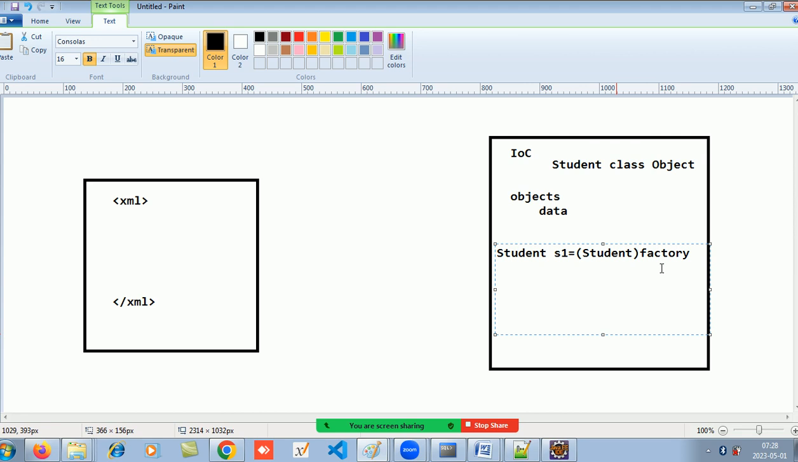अब वो स्टूडेंट क्लास के ऑब्जेक्ट का डेटा कौन से बीन में रखा हुआ है? जहां पर उस ऑब्जेक्ट का डेटा रखा रहता है, वो बीन रहती है। तो बीन उस क्लास के ऑब्जेक्ट का डेटा स्टोर करती है। तो मैंने अभी क्या बोला? फैक्ट्री से मुझे क्या चाहिए? स्टूडेंट क्लास का ऑब्जेक्ट, राइट? तो उस स्टूडेंट क्लास के ऑब्जेक्ट का डेटा कहां रखा हुआ है? बीन में। कौन से बीन में? जिसका आईडी S1 है।